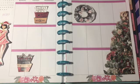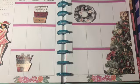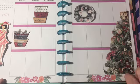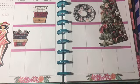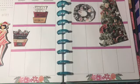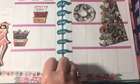I also have some Mambi sticker books. It's one of the things that drew me to this planner, all the decorations at the bottom of the pages. So I don't want to cover that up. So I thought that this washi, as soon as I get it started, I'll show it to you, kind of coordinates with it in its colors. Look at these nice cups of hot cocoa, and this is kind of like a winter theme. So I'm gonna use this washi,